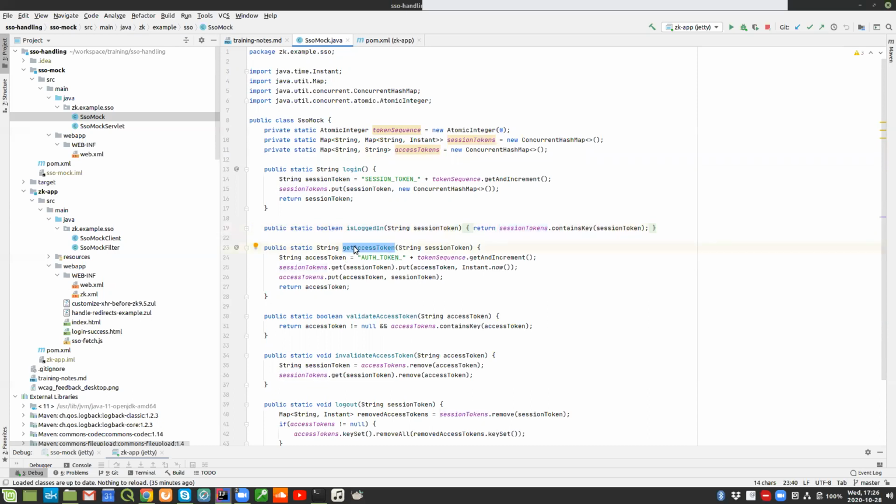Get access token is to get a new access token based on a session. So if the session is currently valid, it can issue a new access token, which can then be verified in the background. So it will put an access token to the current session. And there's a validate method that will check if the current